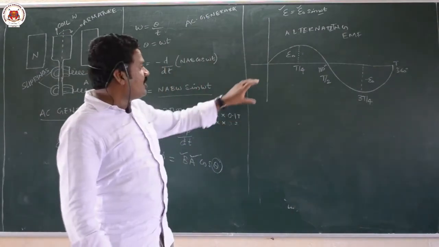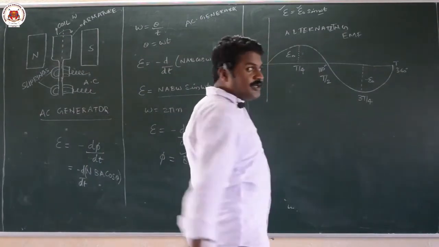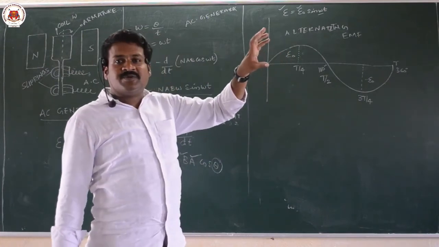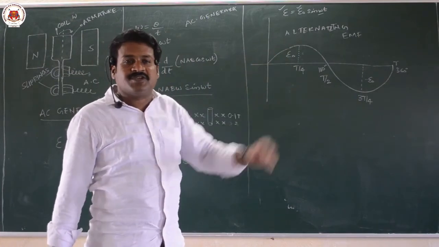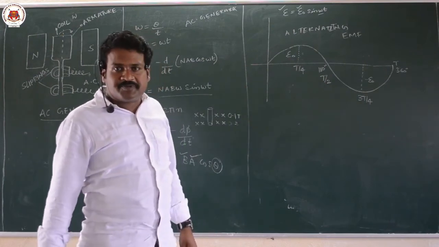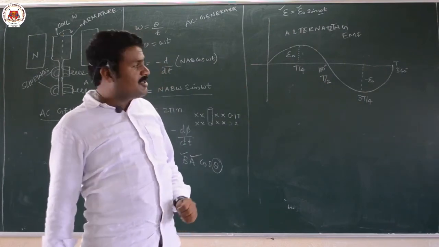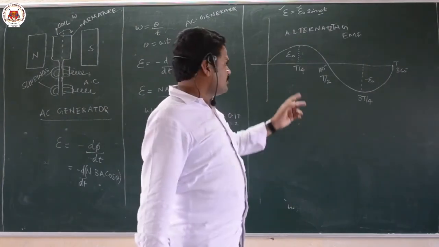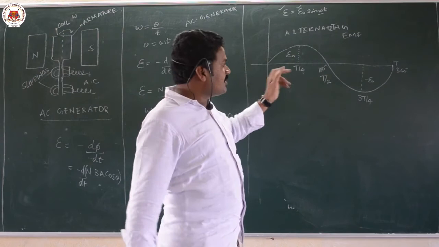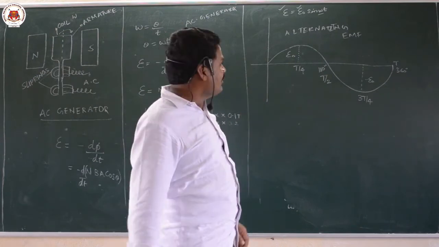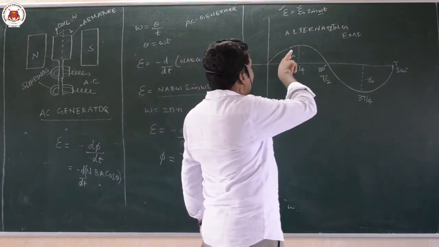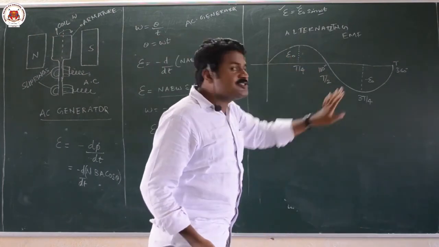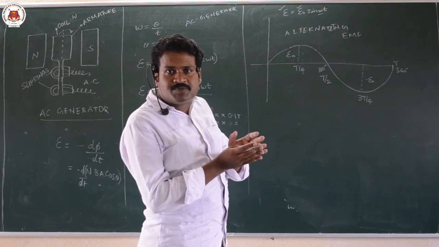This is the current we are using in our day to day life. Production of current in this method is very easy and it is on a large scale. That is why we follow this method when compared to the chemical method. In chemistry also we can get current, that is a battery, lithium ion battery. That is called direct current, and this is called alternating current. Why is it called alternating current? Because the value of EMF is alternating between plus E naught and minus E naught.